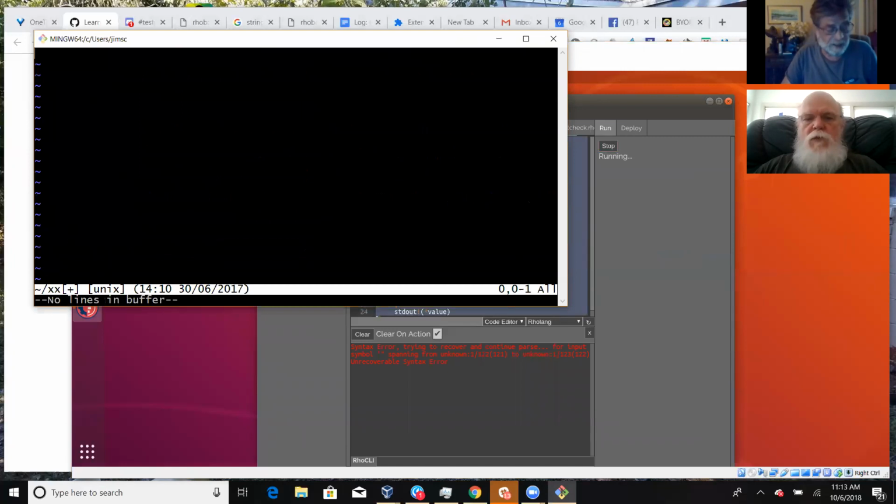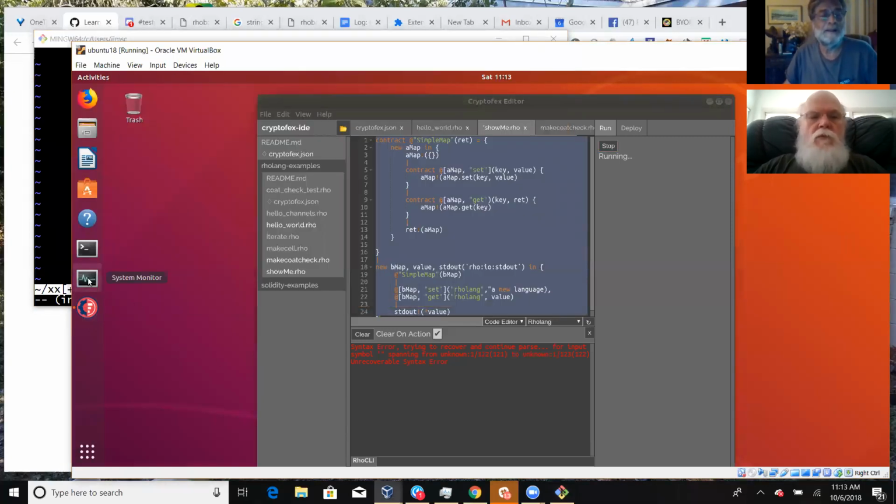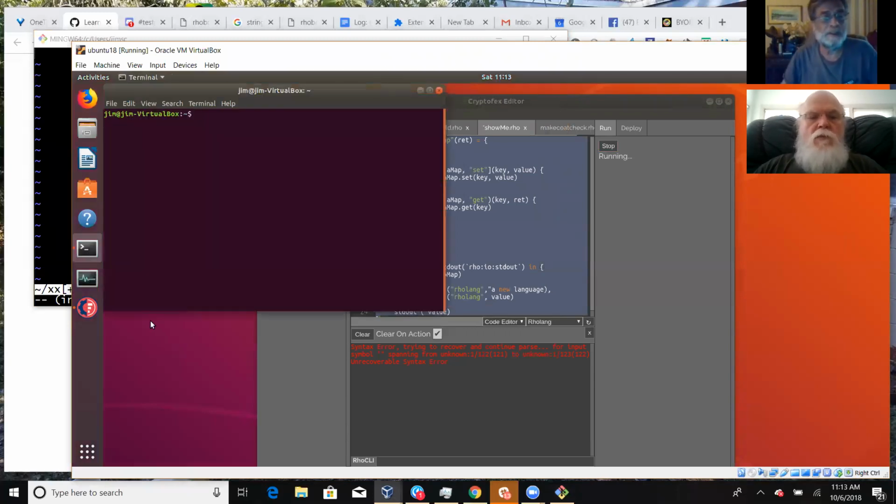Now I'm just going to do DG to get rid of it all. Delete, capital G goes to the end. And I'm going to append, which would be insert mode, and I'm going to paste. Uh-oh. Paste didn't work. I haven't gotten paste to work properly from my Ubuntu machine to my Windows machine. I did have it working once.